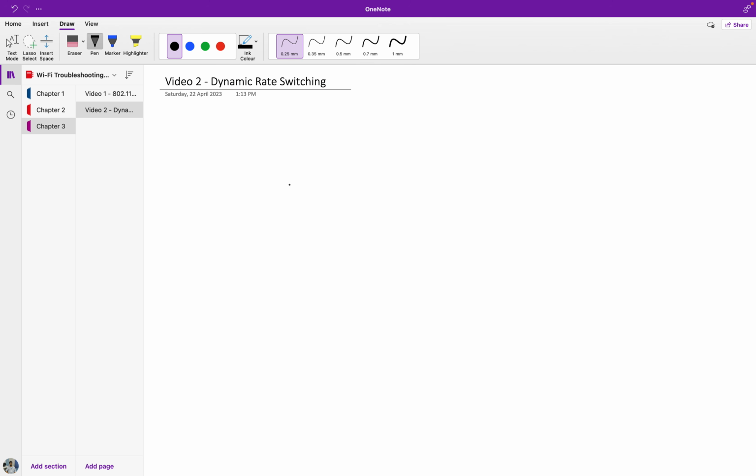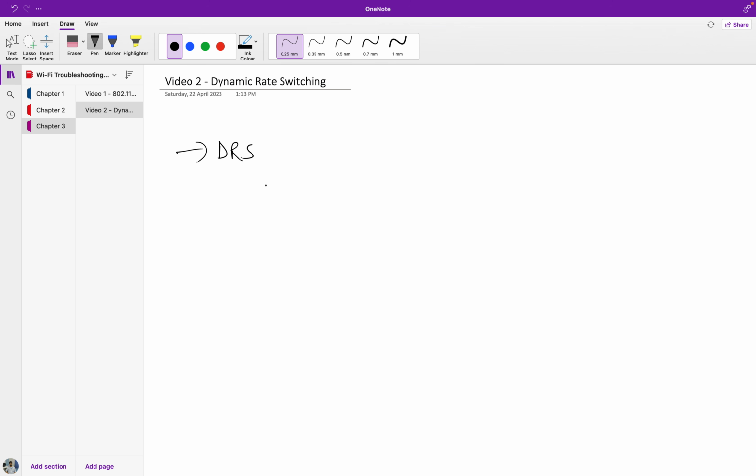So as the client moves away from the access point, they will shift down to lower bandwidth capabilities by using a process called dynamic rate switching. Okay, that is what is called DRS, dynamic rate switching, because when a client is moving further away from the access point, going to the corner of the BSS, they'll fall down a data rate. They'll connect to the lowest data rate, and they'll be able to communicate with the AP on that bandwidth capability, right? Now the access point can support multiple data rates depending on the technology that they're using,